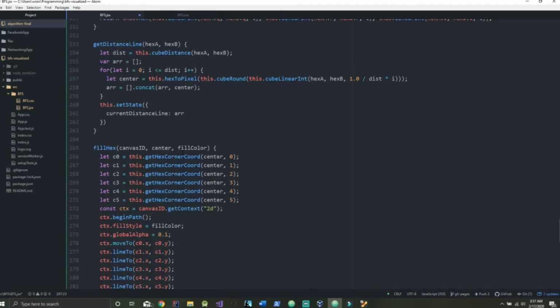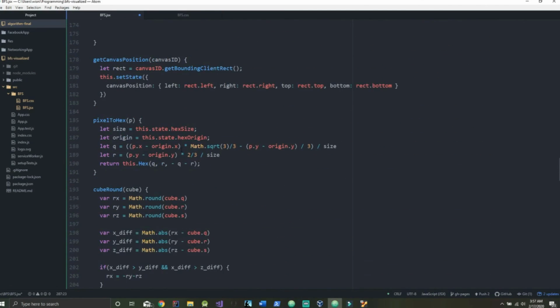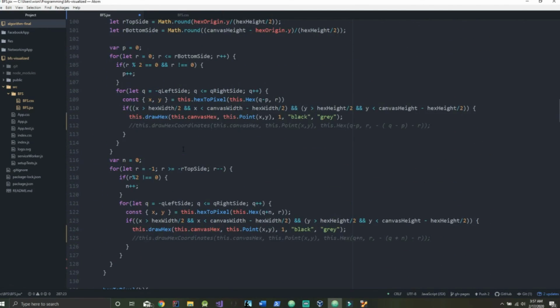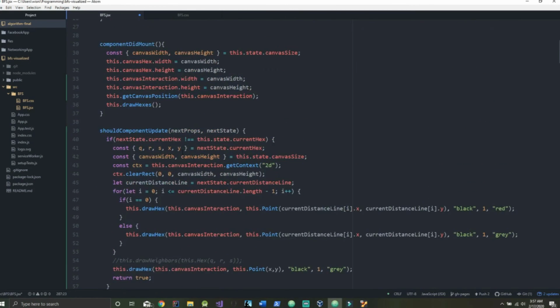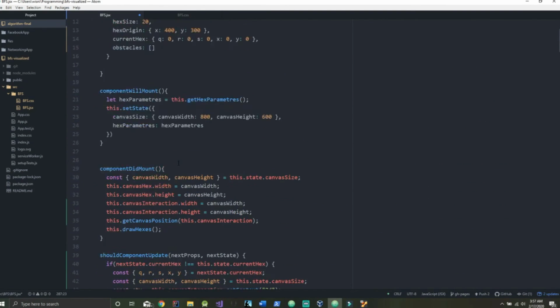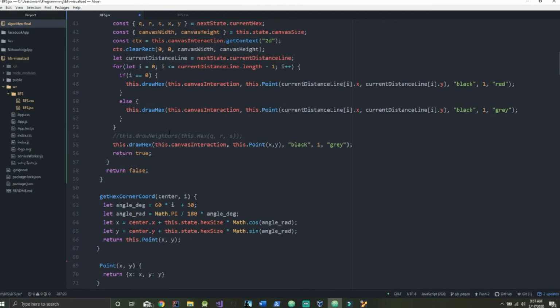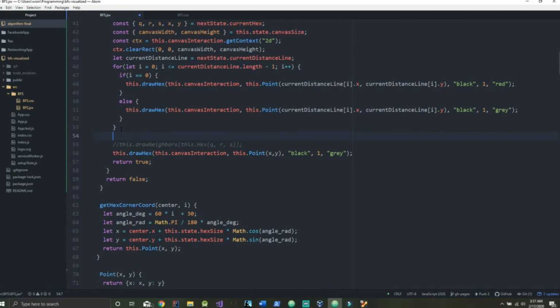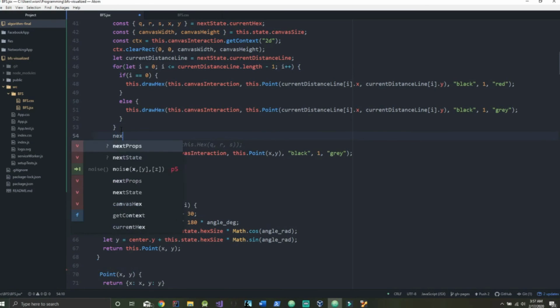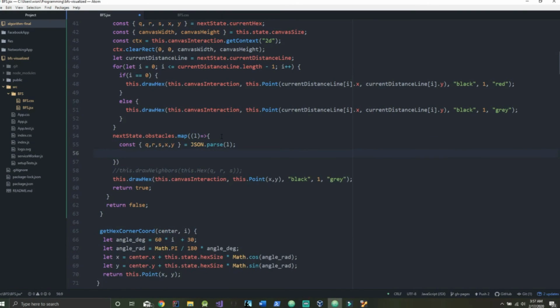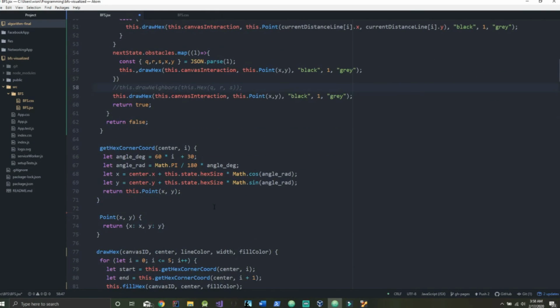Okay, so now let's go and draw these obstacles. And basically, we're going to go inside of our should component update method and cycle through the array of obstacles that we created in our add obstacles method. So right here underneath our for loop, we will write this following code to draw our obstacles. Okay, so now this should be working just fine, but let's actually, since we have some time, let us go